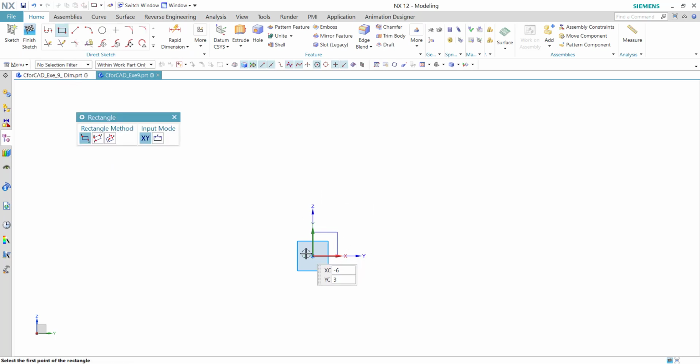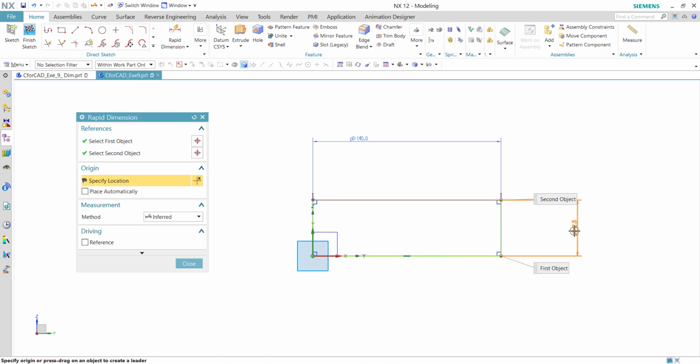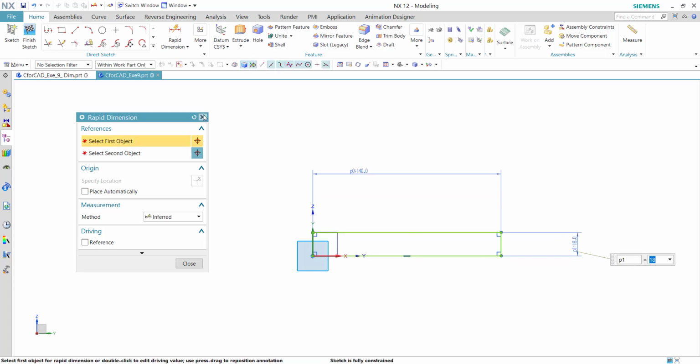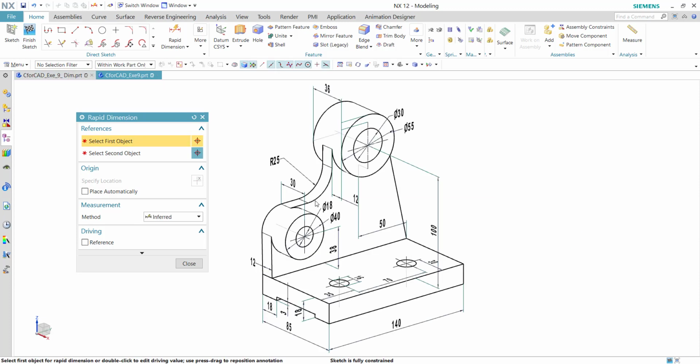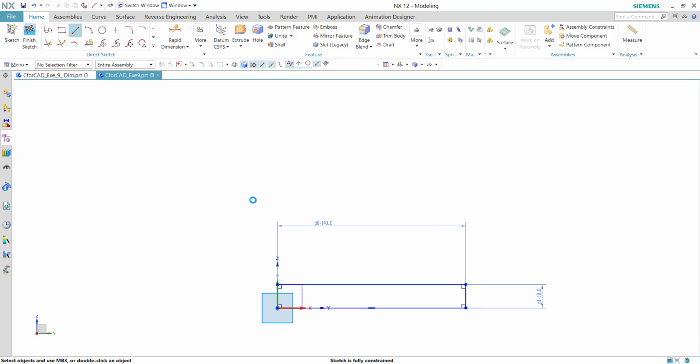First we will create one rectangle. Give it a dimension of 140 mm and a height of 18 mm. Now we will create a sketch of this region. So for that, draw one line of 38 mm